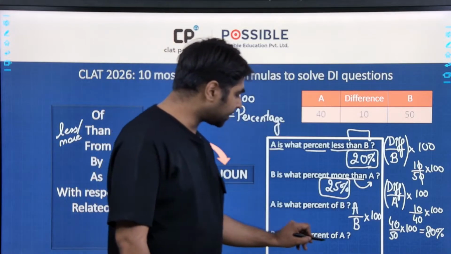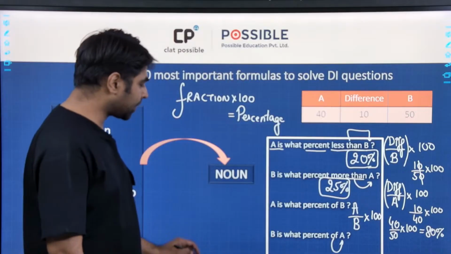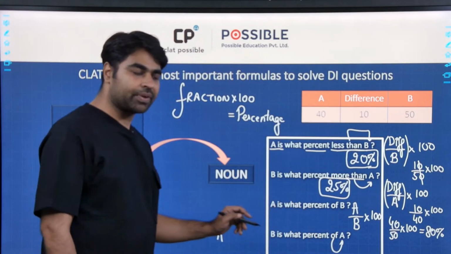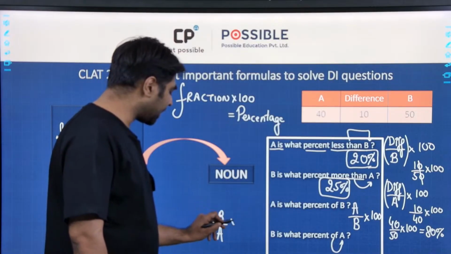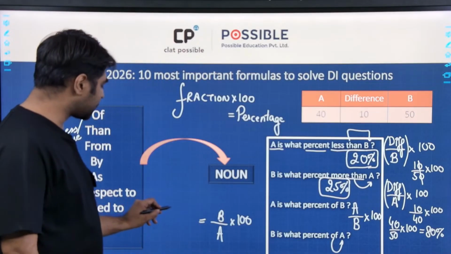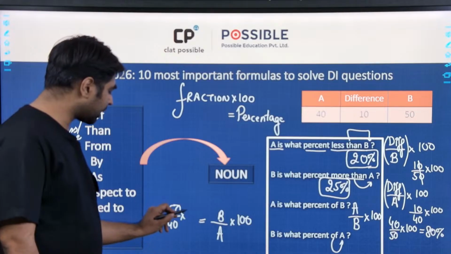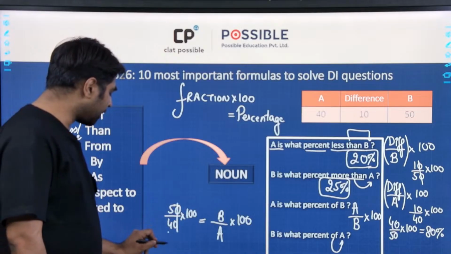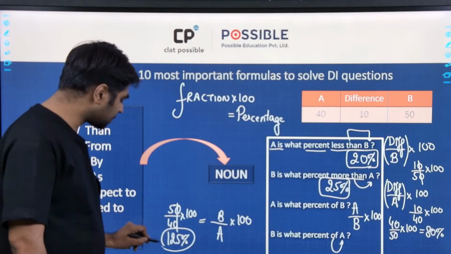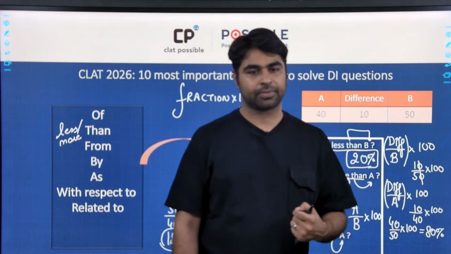Similarly, in the last part, after the word "of", the noun that has come is A. So we'll keep A in the denominator, and now B is being compared directly with A. So B upon A into 100 will give you your answer. B is how much? 50. A is how much? 40, into 100. When you solve it, you'll get 125%. Okay, so these will be the important formulas for you to note. Okay, now